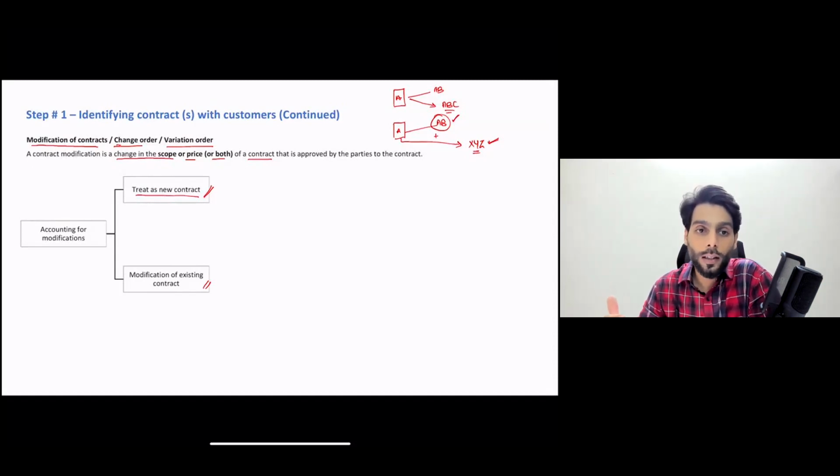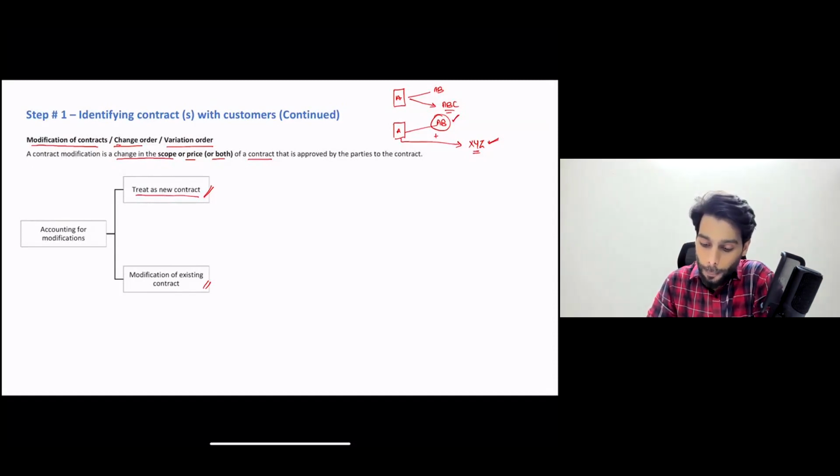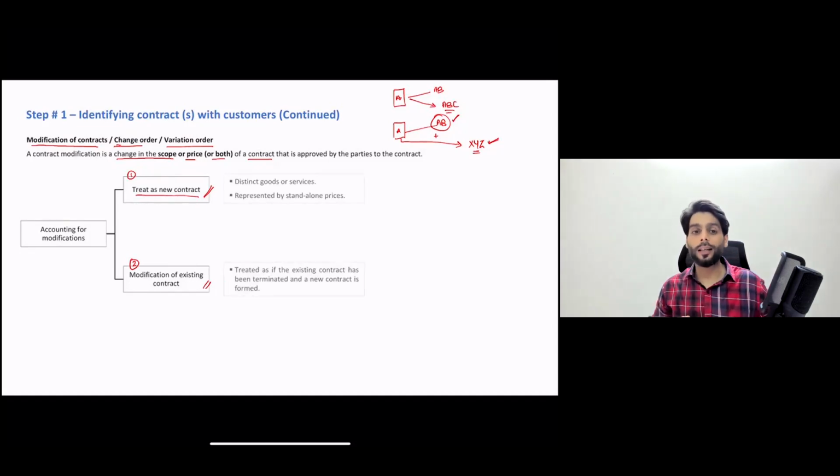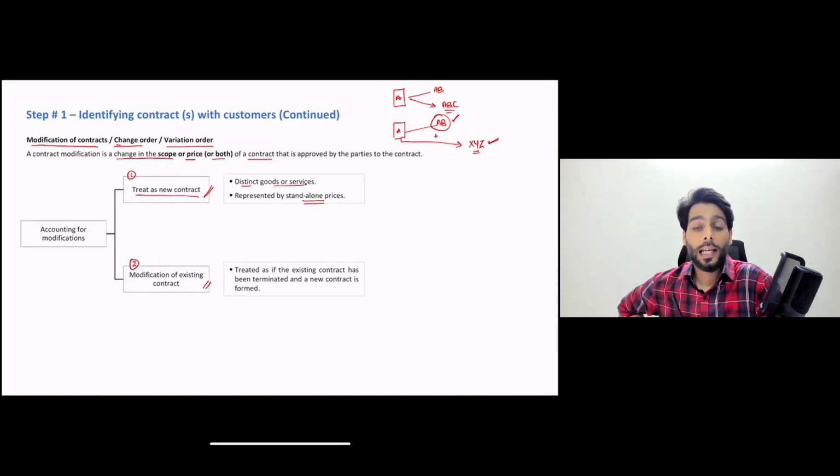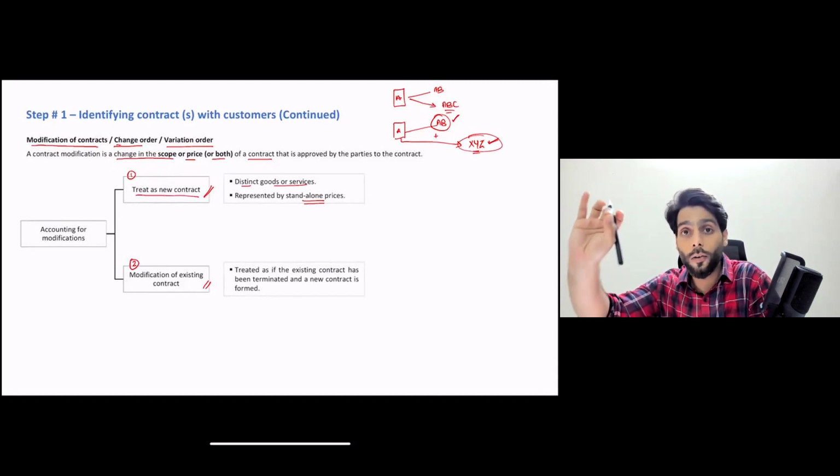How would you know whether you need to go with option number 1 or option number 2? Now there are some indications. IFRS 15 says that if the modification results in distinct goods or services, which is represented by standalone price. What do you mean by that? If the contract is modified and the customer asks for something which is unique in nature, it has no relation to the previous product, and it is also represented by the fair value, the standalone price,